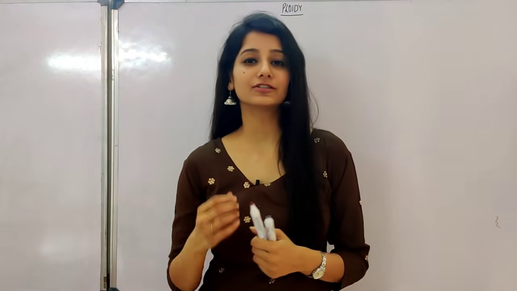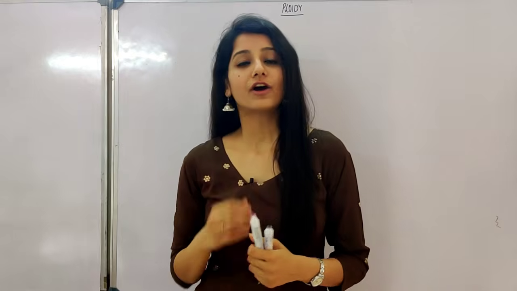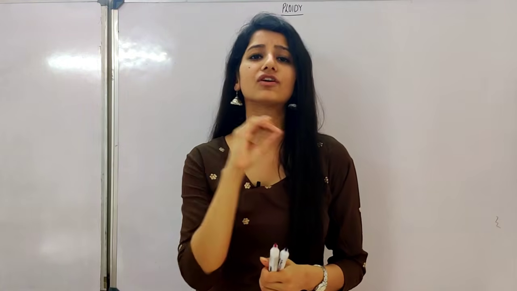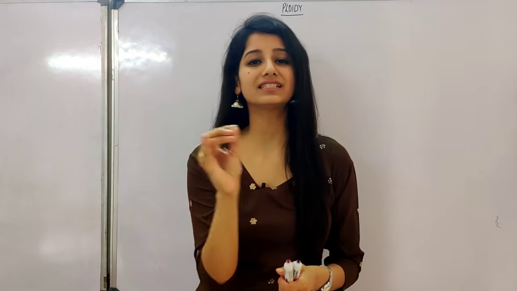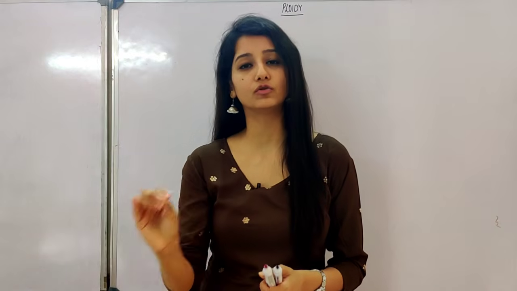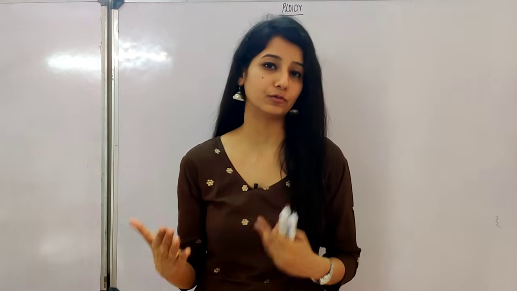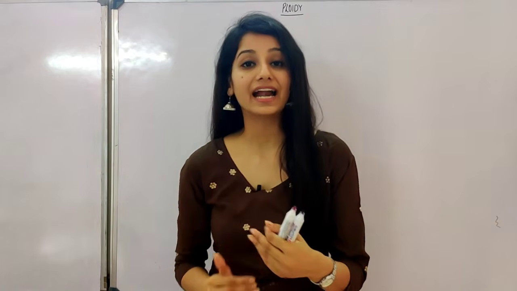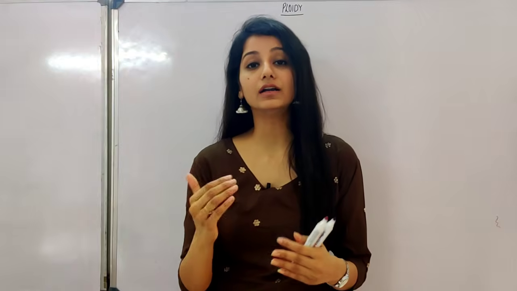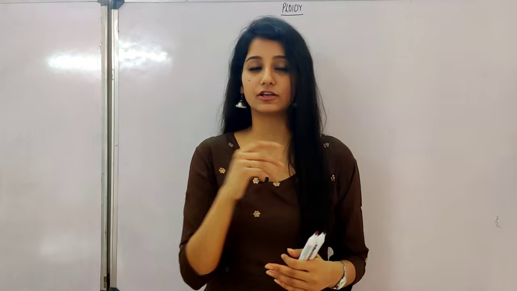With the video, guys. First of all, let's see about the ploidy. For understanding the ploidy, we are going to take a simple example, that is of human. Because it is the simplest example, we all know that the human contains 46 chromosomes, or we can say 23 pairs of chromosomes, as simple as that. We all know that. So from that, let's try to learn about ploidy because it will be very easier for us.